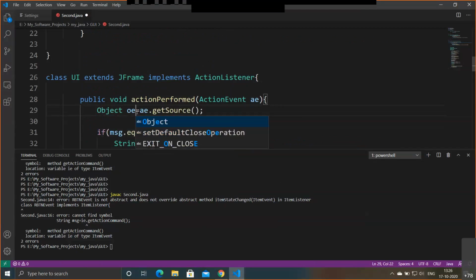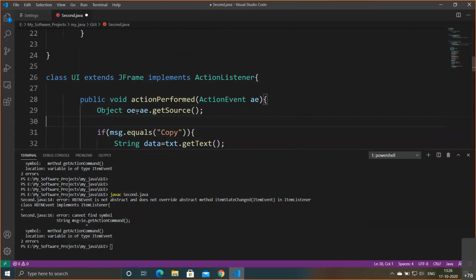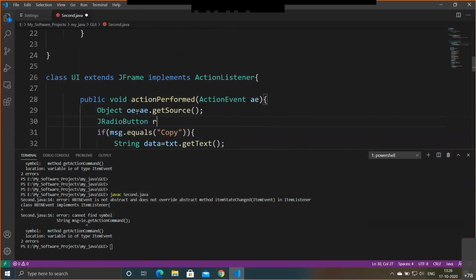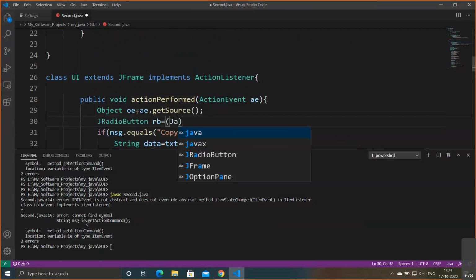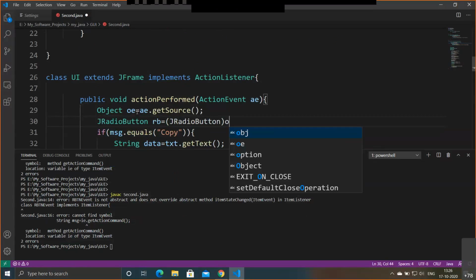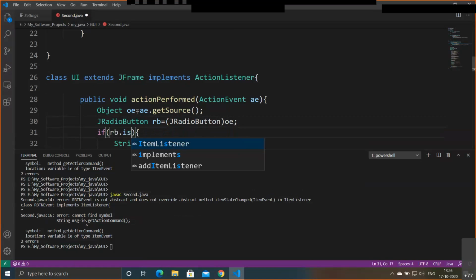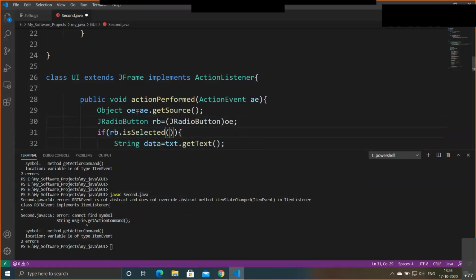Object OE is equal to IE dot get source, then JRadioButton RB equal to JRadioButton, let's say OE. Then if rb dot is selected,